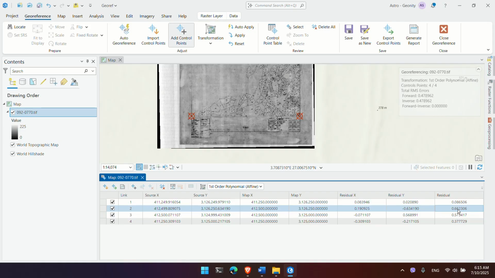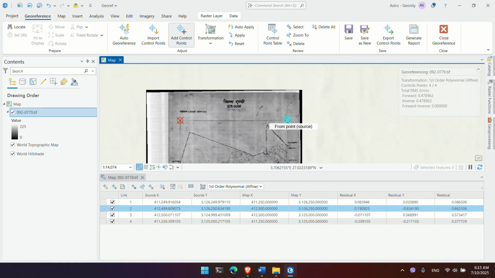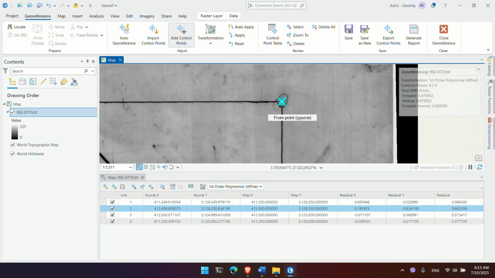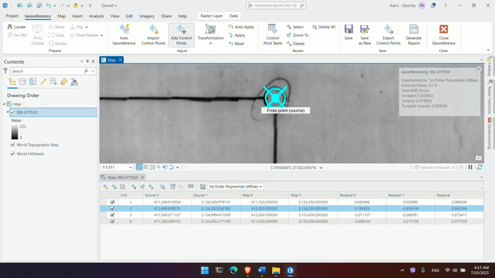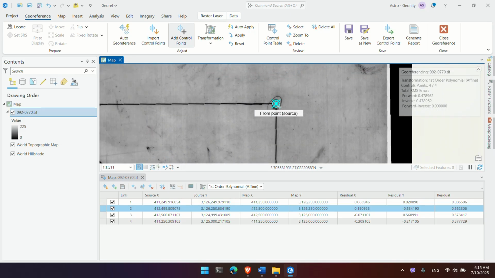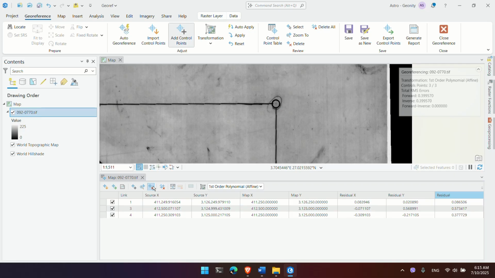So let's try with this. This seems to be an erroneous point too. Okay, so you change it a little bit, right? You can see it's not in the right position. So that happens. You can just click it and delete the point using delete selected, and then add again. If this doesn't appear, you can click add control point again,